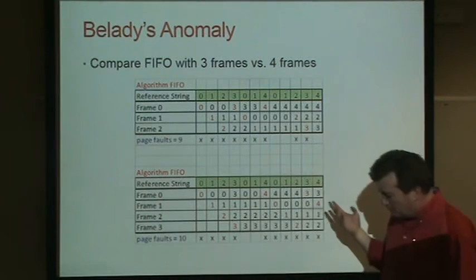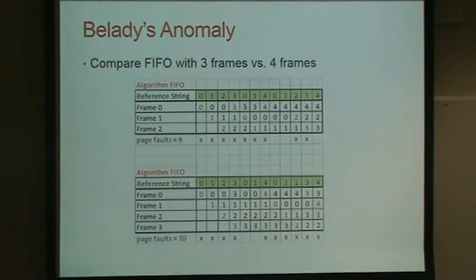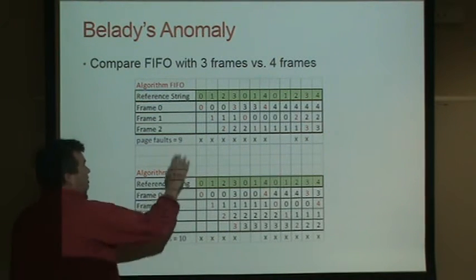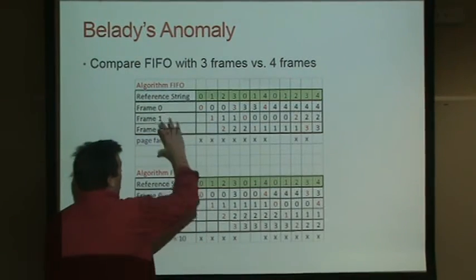And then just one side comment. The idea of giving more page frames to a process, thinking it's going to have fewer page faults, is generally a true statement, but there is an anomaly to this. So you can Google Belady's Anomaly. So the idea is when you're looking at, for example, the first in, first out algorithm, if you had 3 page frames